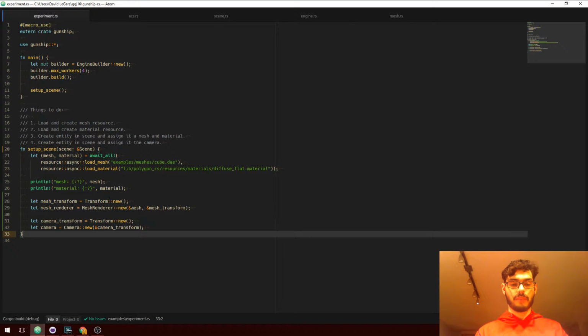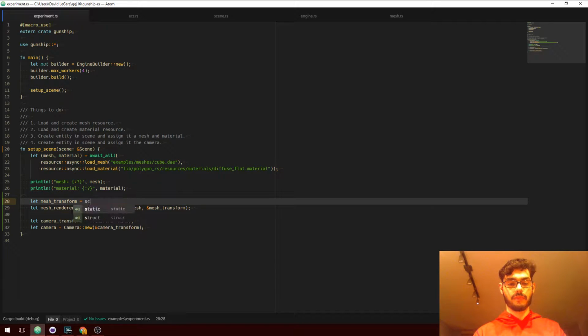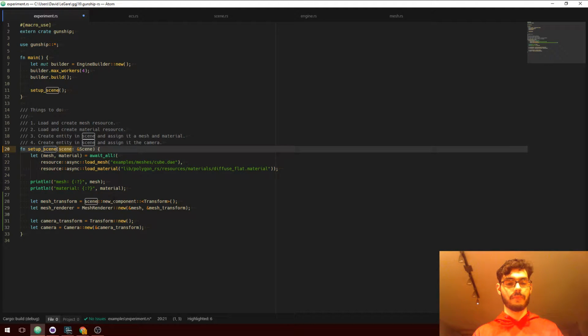And then when it comes time to create transform, we do scene new component transform, that sort of janky junk. I did a number of different attempts at this. This is the version where I make all the lifetimes explicit by passing a reference to game state into gameplay code. The engine invokes gameplay code by passing a reference into it, and that's how you make sure that gameplay code doesn't violate any of the lifetimes of the data.